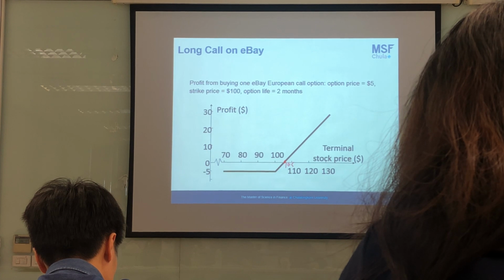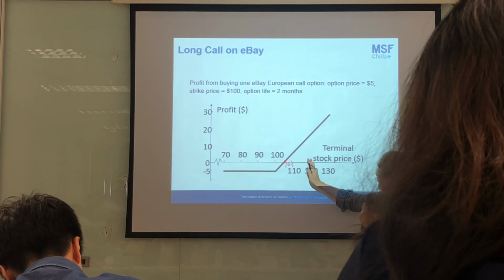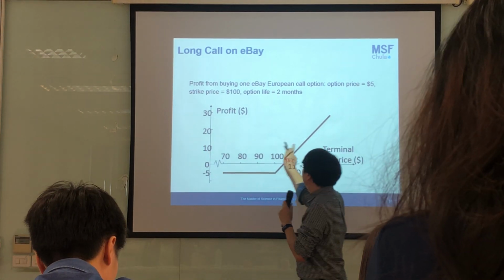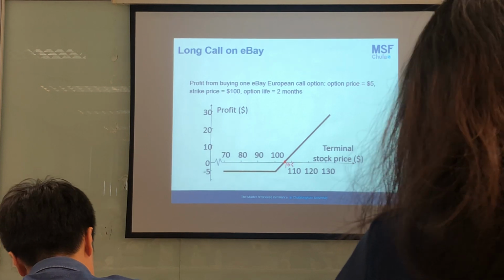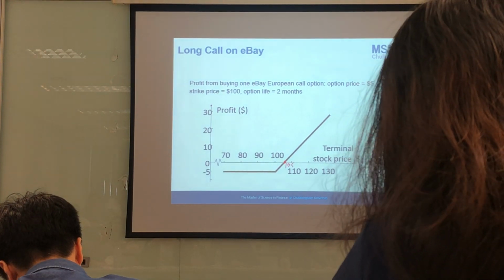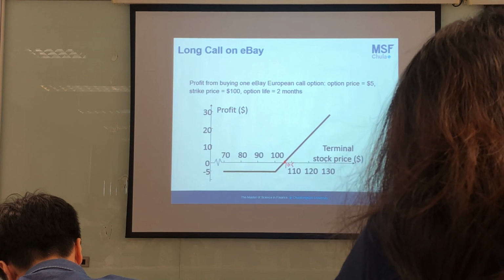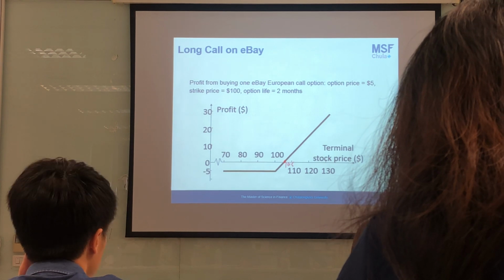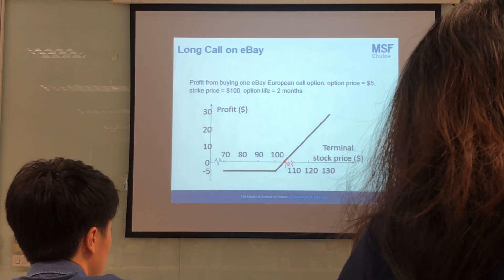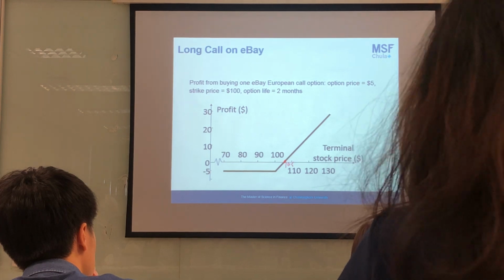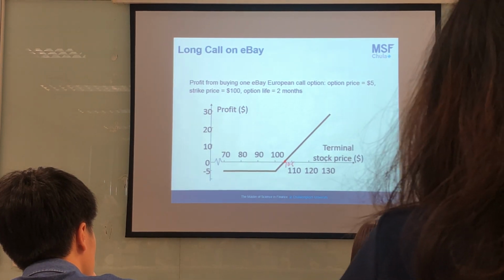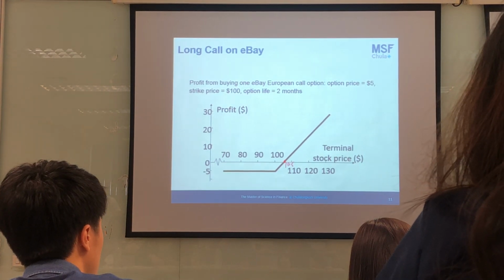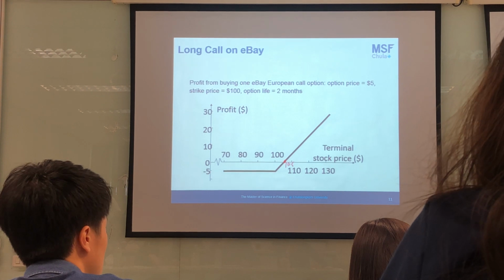And at 120, you see that the net profit loss will be 50, as we have seen in the previous slide. Can you draw the graph for the option writer, the net profit loss for the option writer? This is the net profit loss for the option holder. Can you draw the diagram for the option writer? How would the graph look?